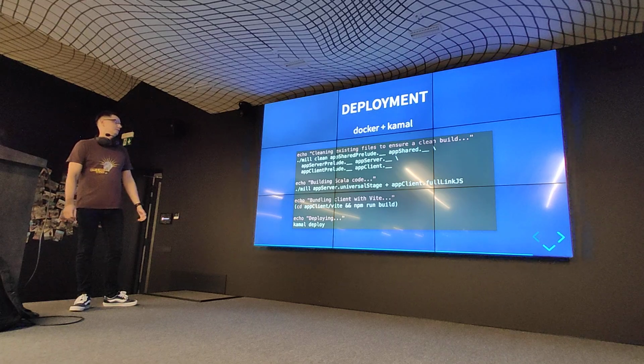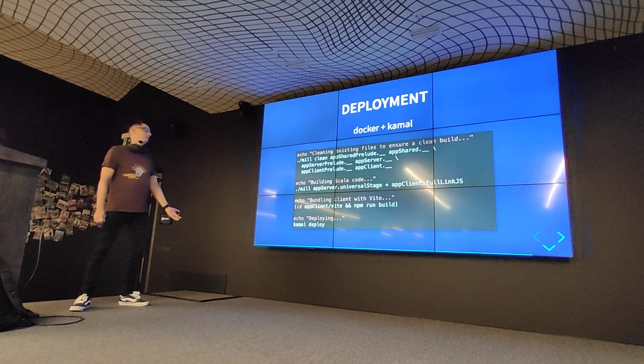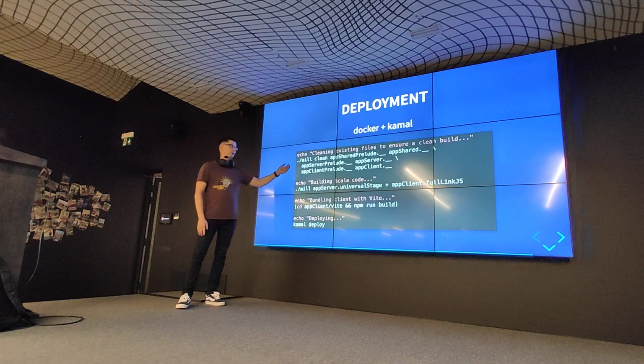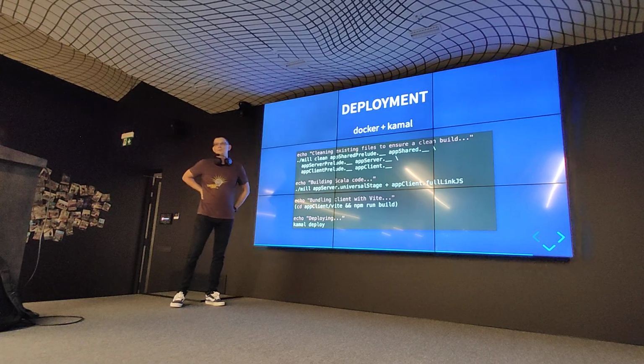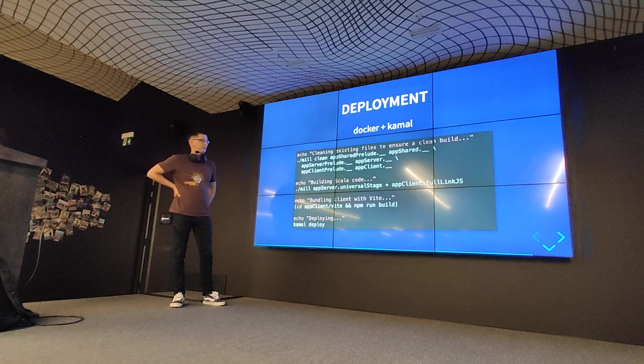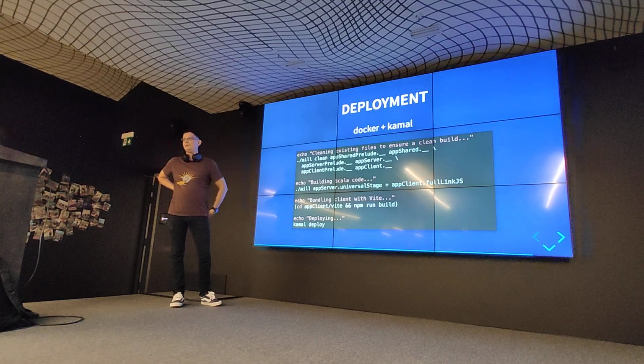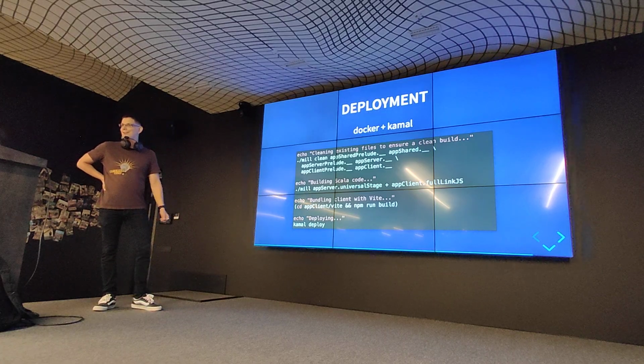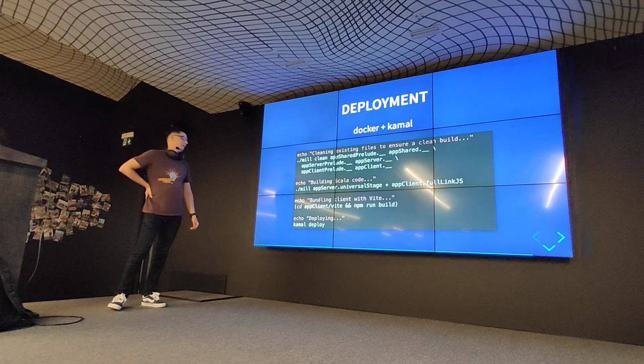Deployment. So deployment isn't really anything special. You clean your code with Mill, because doing a clean recompile is always good, because Mill caches things which sometimes gets screwed up, and you do have to clean the whole build cache and recompile things from scratch. Thankfully, it happens rarely, but it sucks if you would ship it to production. And then you basically run this universal stage and full.